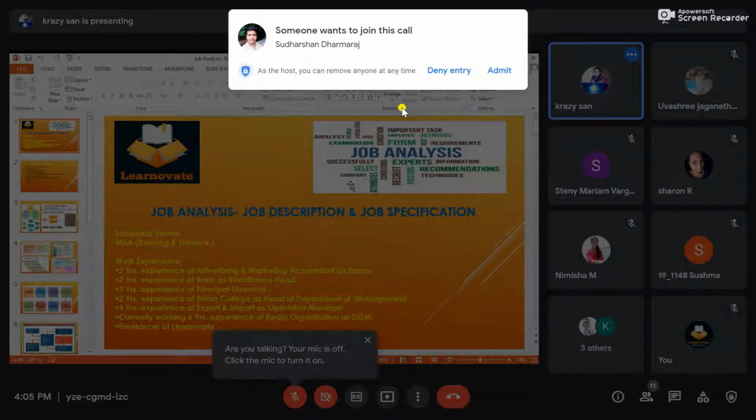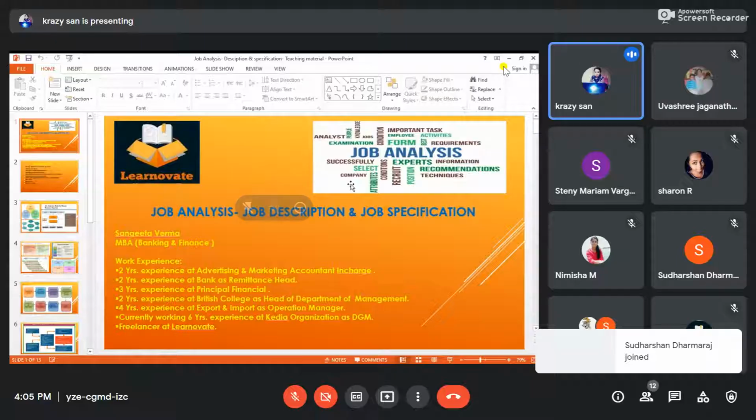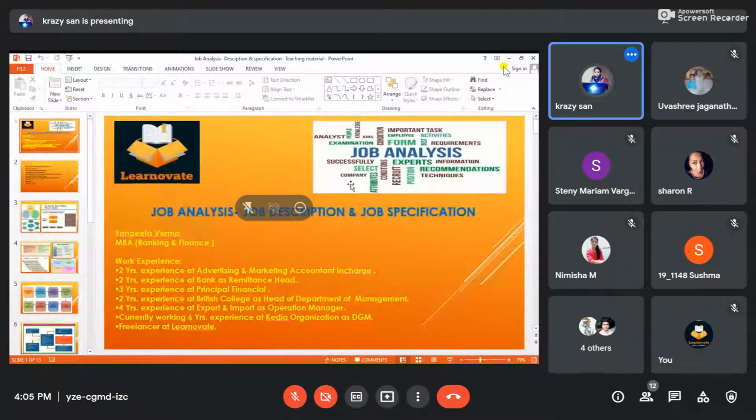So let's start today's topic. And today's topic is a very good HR topic, which is job analysis, which holds the job descriptions and job specification along with job evaluation tool. So we're going to understand what is